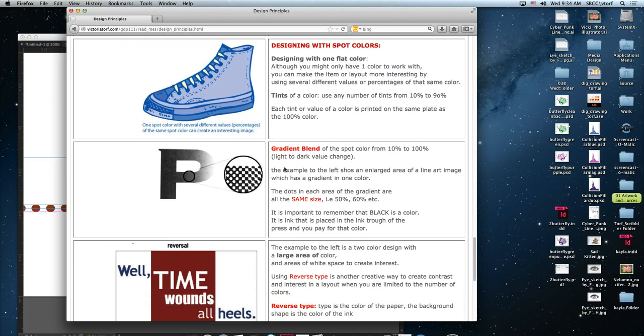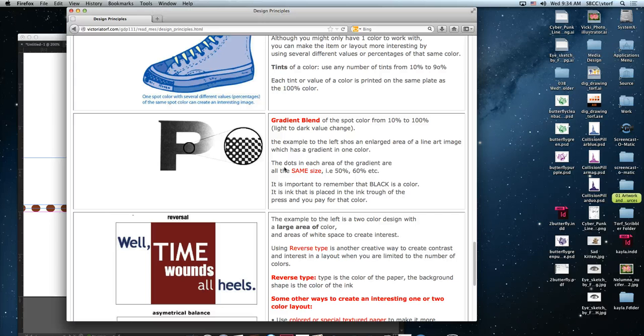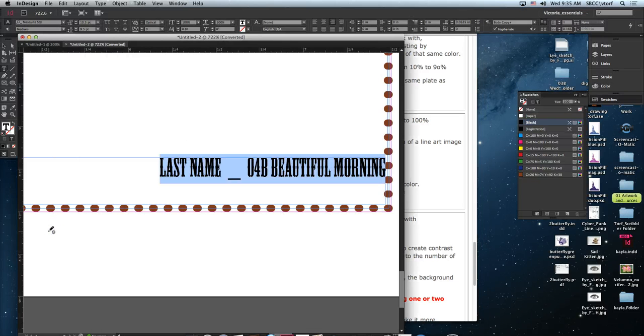Another thing that you have at your fingertips is gradients. And gradients are beautiful and awesome. And the first time you learn gradients, you'll be hooked and you'll never want to stop using gradients. Except when you talk to your teacher who's going to say, don't use gradients unless you have a reason to. You know, gradients are fun, they make pretty things, they blend colors, but use a gradient because it has meaning. So what I mean by that